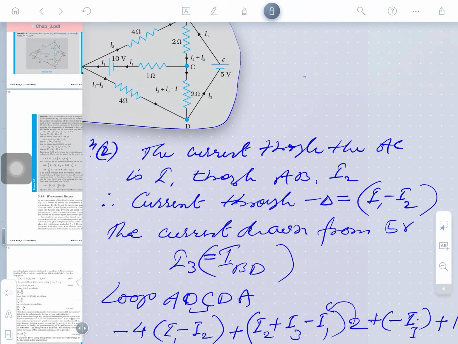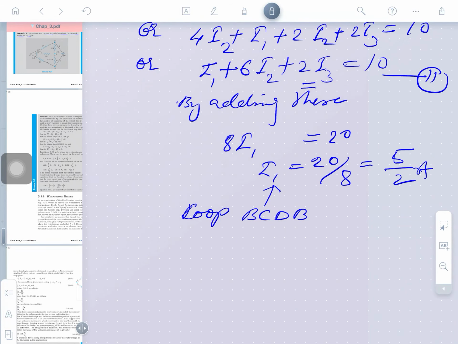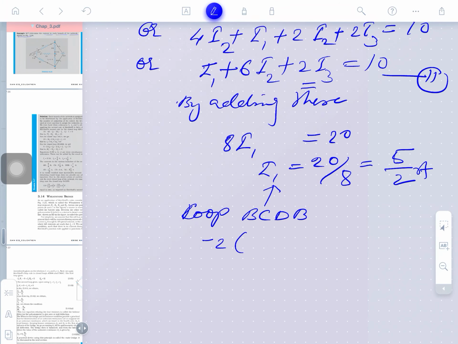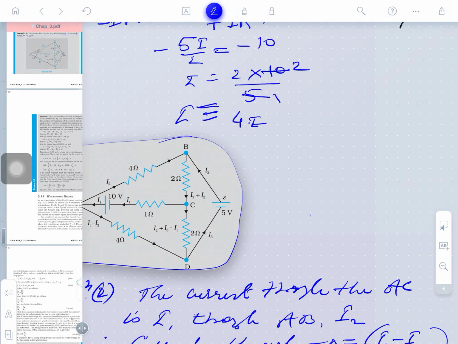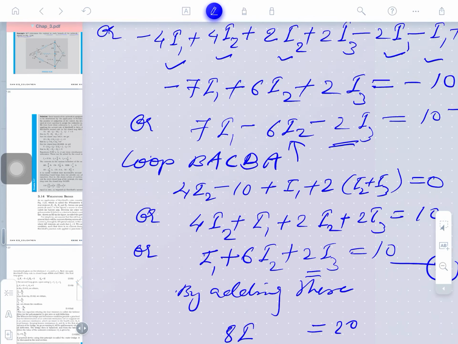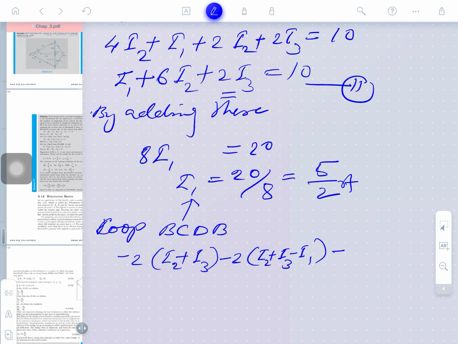So, B to C, direction of current, minus 2 of I2 plus I3. Next, in the direction of this, minus 2 of I2 plus I3 minus I1. Again,